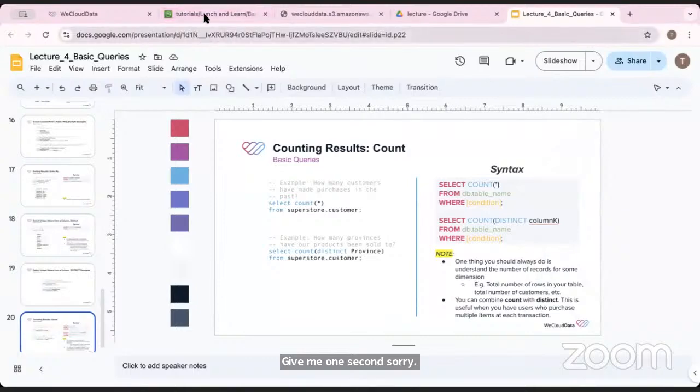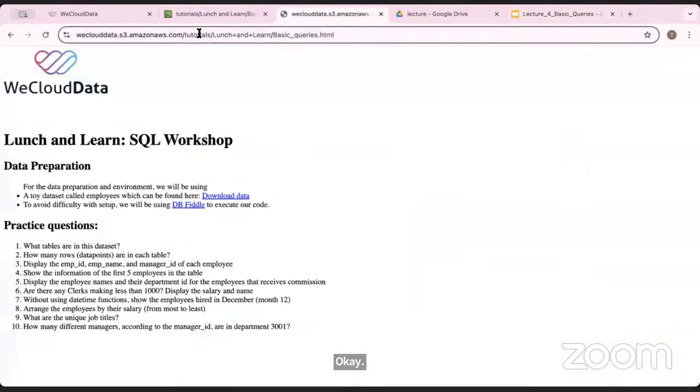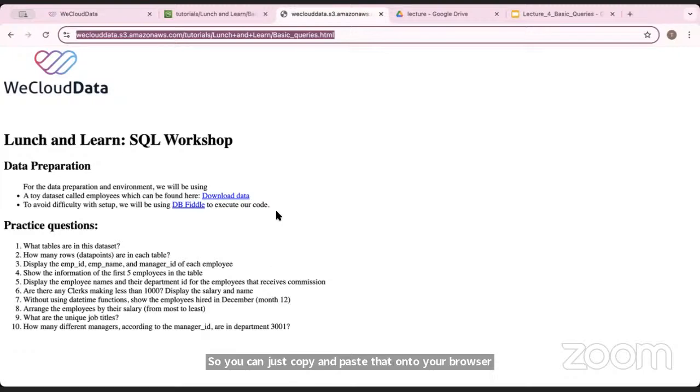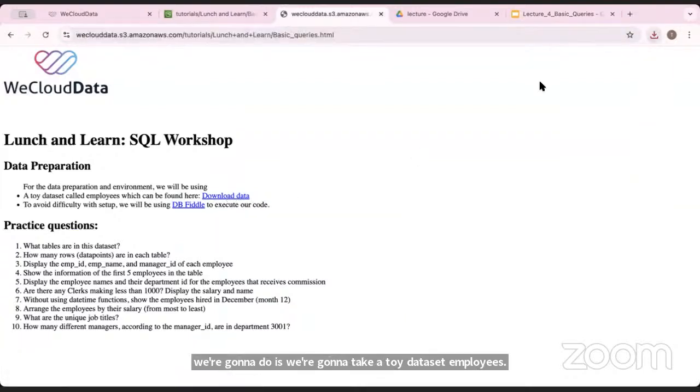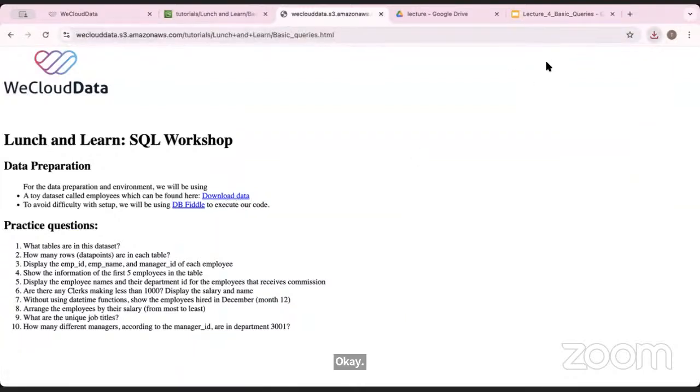Okay, so I'm going to send you this link. You can just copy and paste that onto your browser, and it should open up this web page. What we're going to do is take a toy data set called employees, which can be found by just clicking on the link here. When you open it up, it would just look like